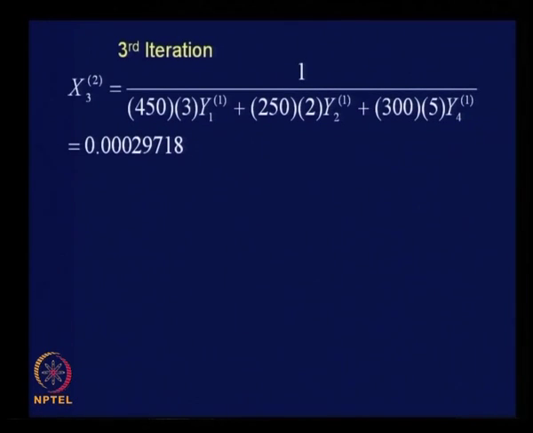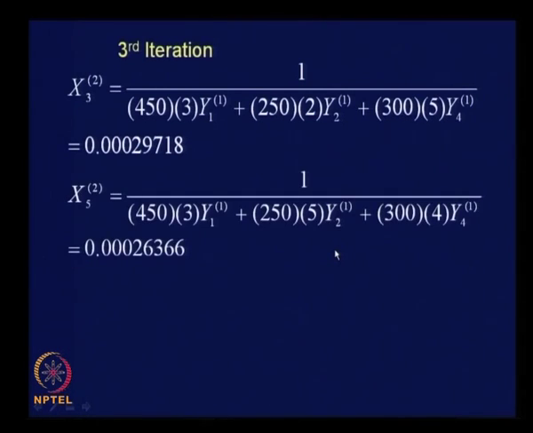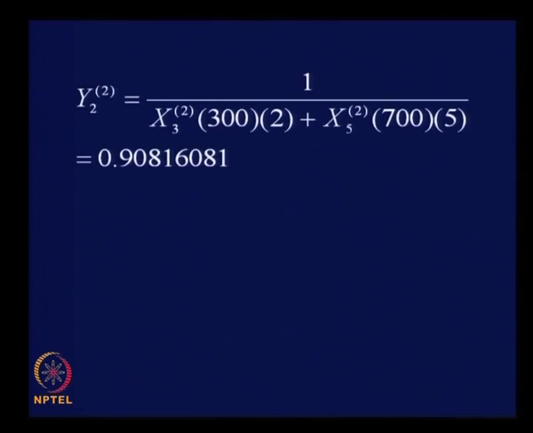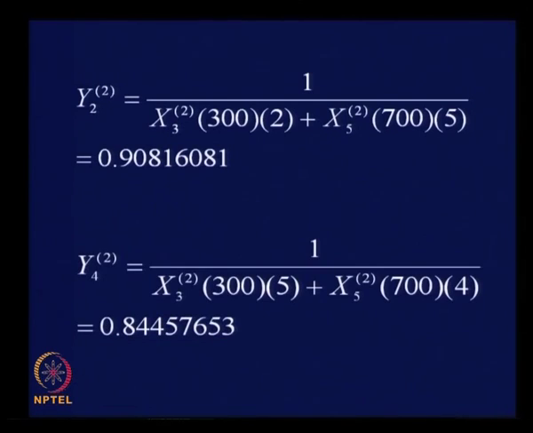Now third iteration, repeat the same. We have now the value of y1 available to us to calculate x3. So the latest value of y we are putting in the subsequent calculations, and x5 we calculate as shown here, and for y1 please note we are using x32 because we just completed the calculation of xi. So, put that value and get the value of y1 and y2 and then y4,